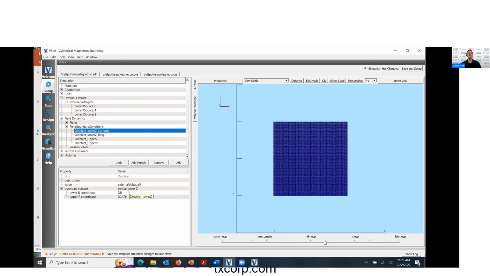Okay, so if we actually look at the external voltage, these are the parameters that you need to specify. You need to specify your initial starting voltage, which in this case was negative 470 volts. You need to specify some resistance, which is 5,000 ohms. And then the time constant is essentially a low pass filter, because you're going to be getting a